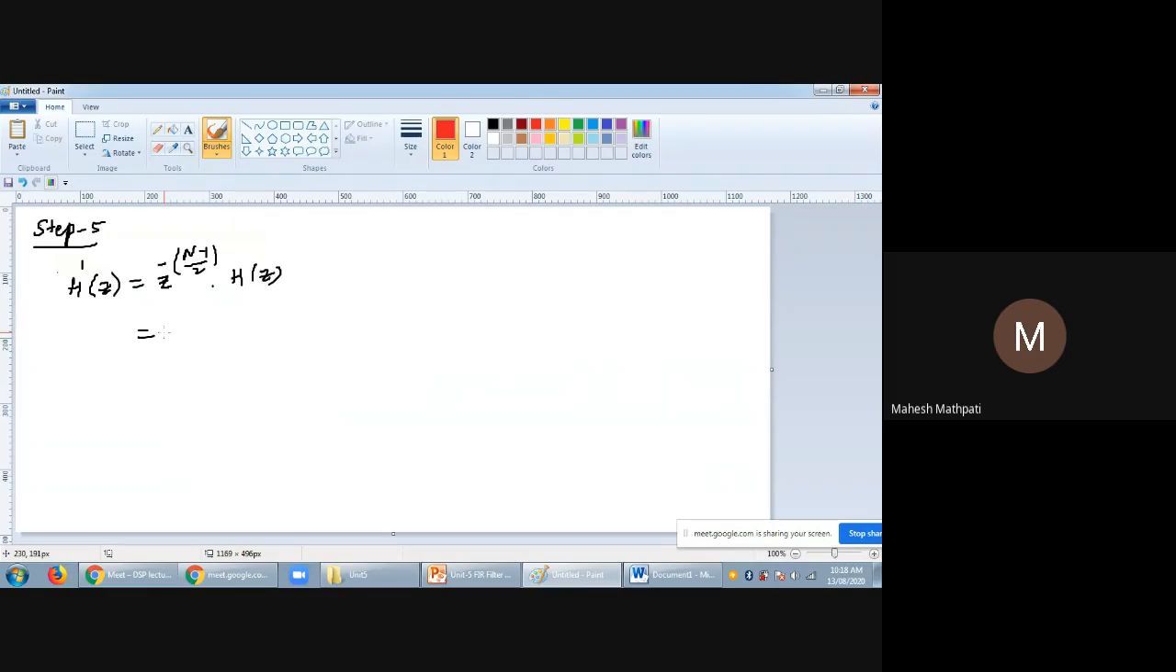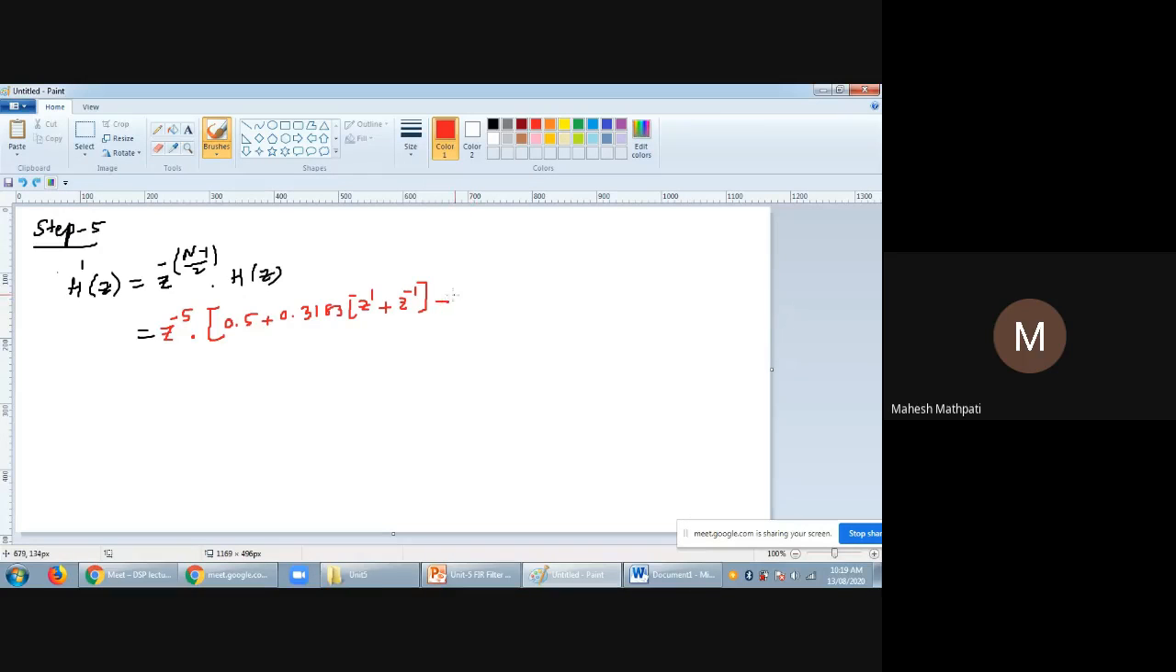So now, what will be the power of z? z to the power (n minus 1) by 2, n is 11, so 10 by 2, so it is z power minus 5, multiplied with h of z. What is h of z? It is 0.5 plus 0.3183 multiplied with z power 1 plus z power minus 1, then minus